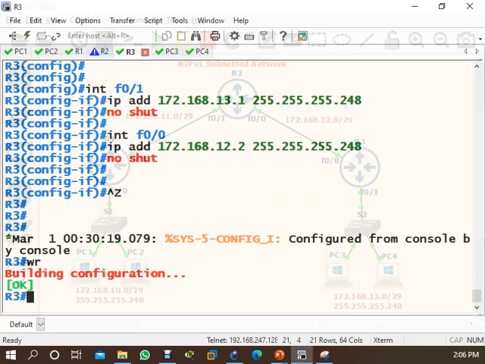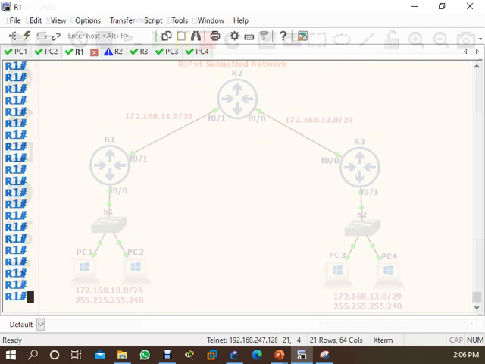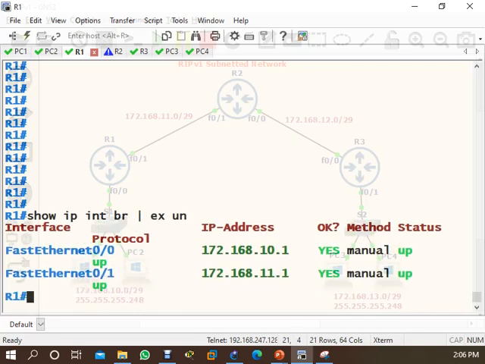See here, on router 1 I have two interfaces. So if you check here, show IP interface brief, exclude unassigned. IP is okay. 10 is for LAN and 11 is for WAN.